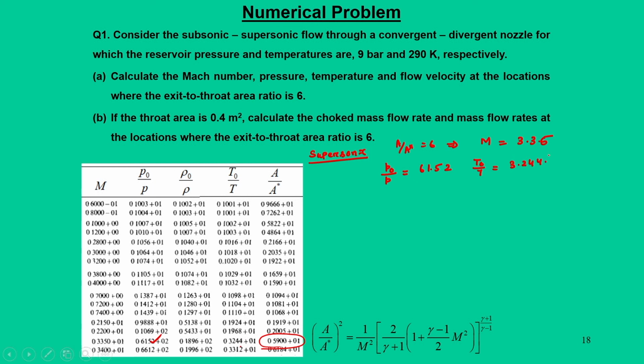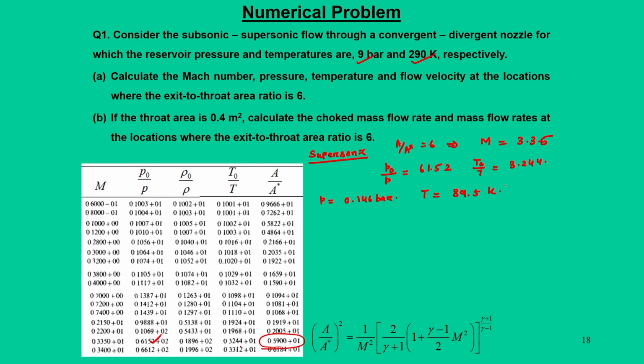So, from this we can say P can be calculated as 0.146 bar, because P naught is 9 bar, T naught is 290 Kelvin, and temperature would be